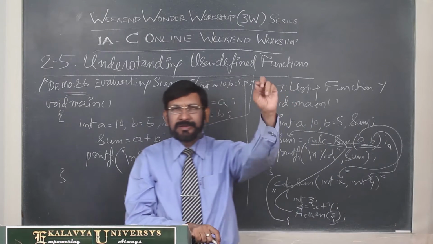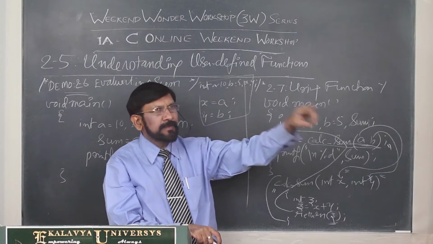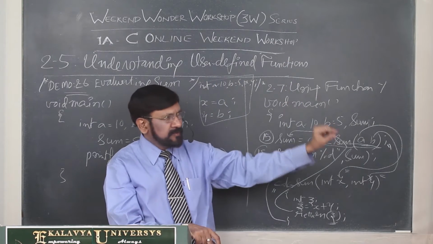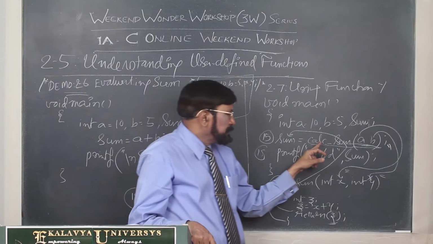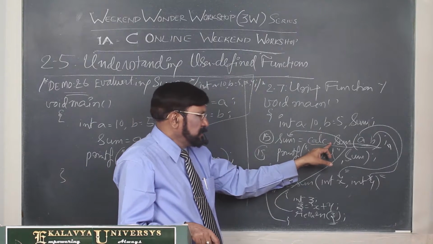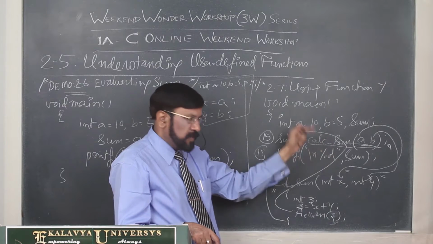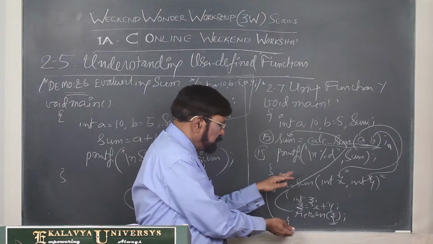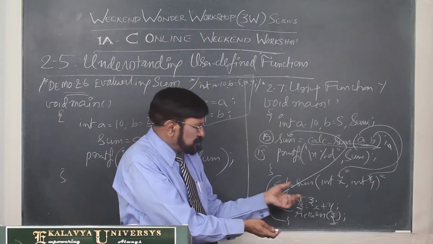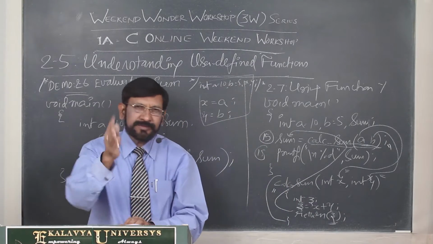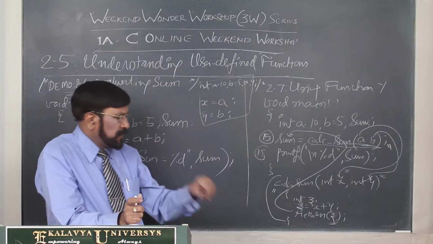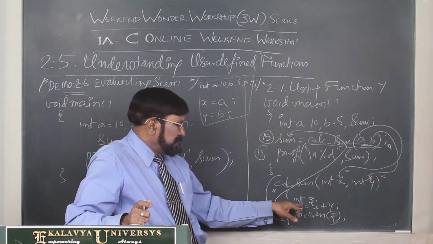A function call is like a switch. When you switch on one switch, a fan works. When you switch on another switch, then a light glows. Like that, this is the switch. When you switch this on, when you call that, this machine works. You treat it as a machine. What is this machine doing? If you give two integer values, it calculates the sum of them and returns it.